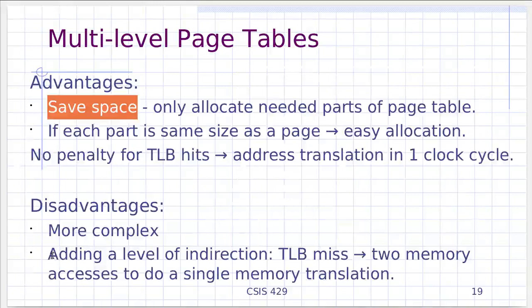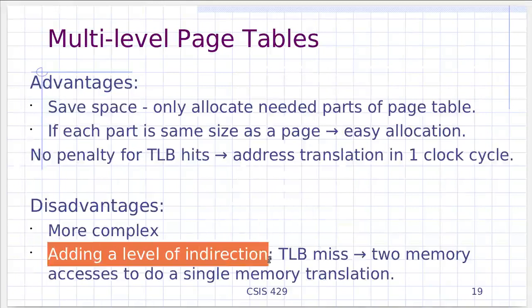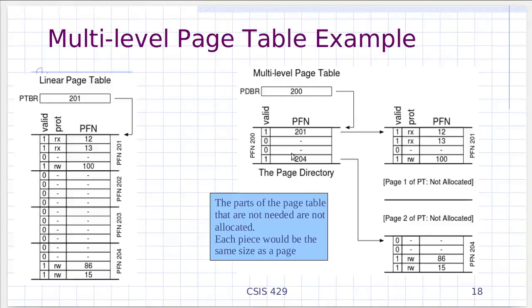The big disadvantage is that you're adding a level of indirection. If you have a TLB miss, then you have to have 2 memory accesses to do a single memory translation. That is a total of 3 memory accesses to access a single byte of virtual memory. So what is the 2? You have to find the location of the page directory,